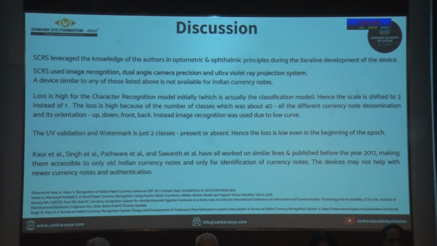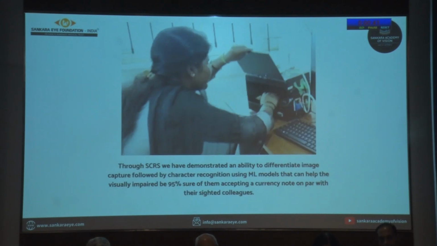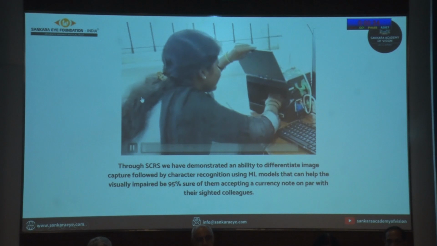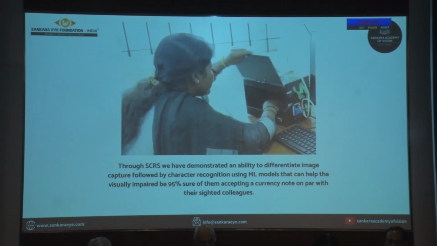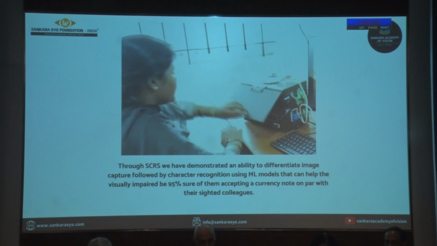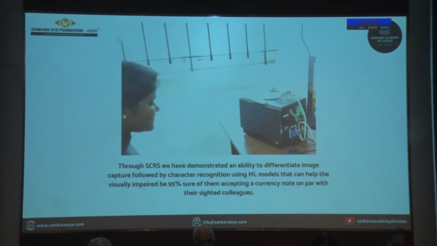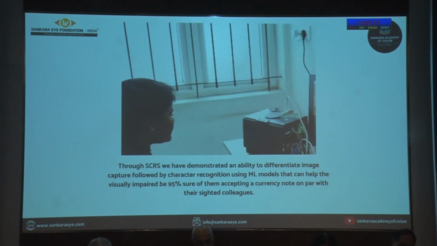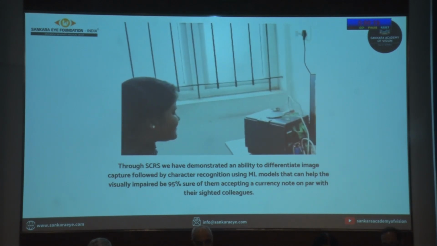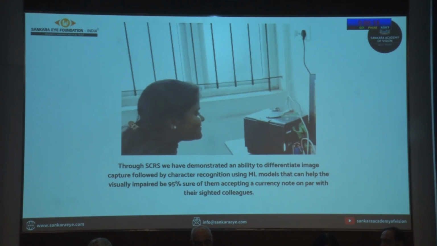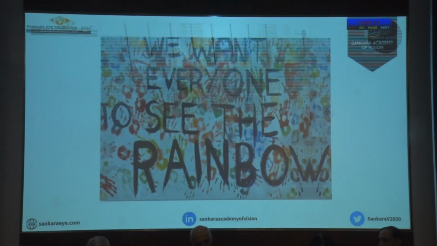Most other studies, like I already mentioned, have not worked on the new currency notes, so we don't know whether they can work. At the end of the day, as ophthalmologists, just as we are responsible for all other conditions, I think we are also responsible to make sure that the visually impaired are able to function independently. They simply put a note into a device like this, which needs to be worked on, and in just about 4 to 5 seconds after they trigger it, it tells them that the note is 10 rupee and it is legal tender. So this allows them to be as independent as their sighted counterparts. Thank you.